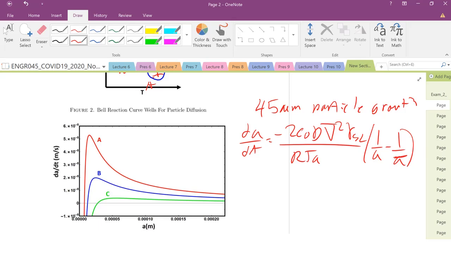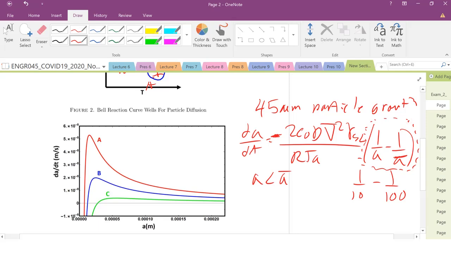If my A, my particle size, is less than A bar, then there's a negative right here. Let's say my A is 1 over 10 minus 1 over 100. What's the sign of this parameter? Well, this is positive, and then this is negative. So if A is less than A bar, dA/dt